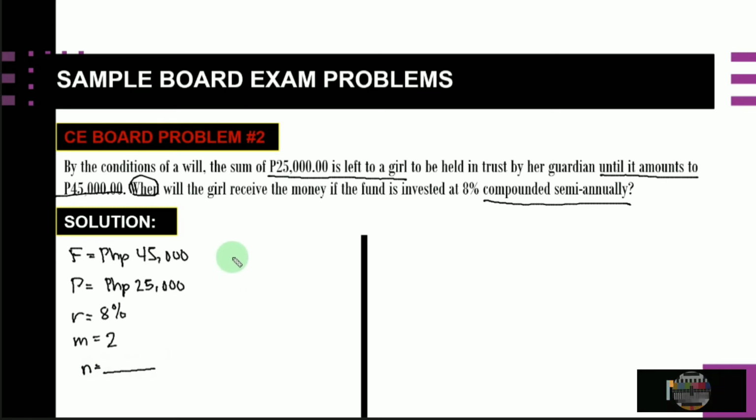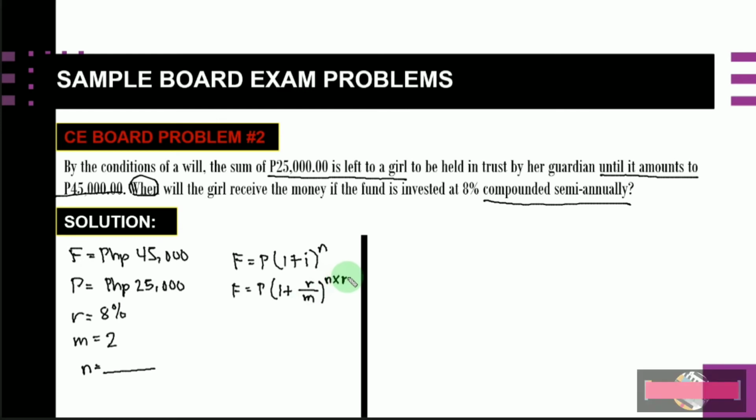So we go again now to the basic nga formula. F is equal to P times 1 plus your I raised now to the N. Or if we are going to apply the compoundings, so mao na siyang 1 plus this R over M, then we have now this N times your M. Okay,